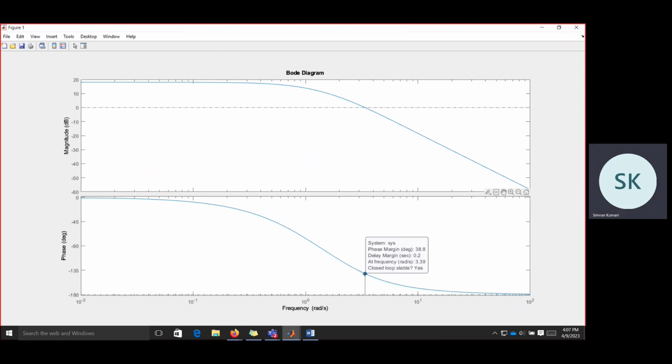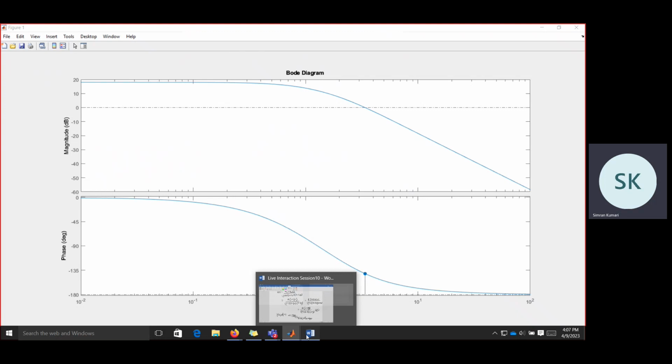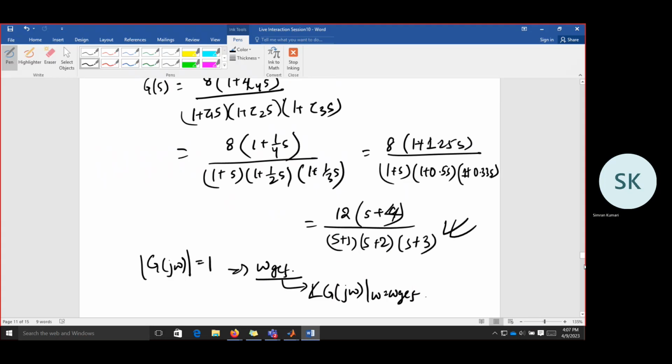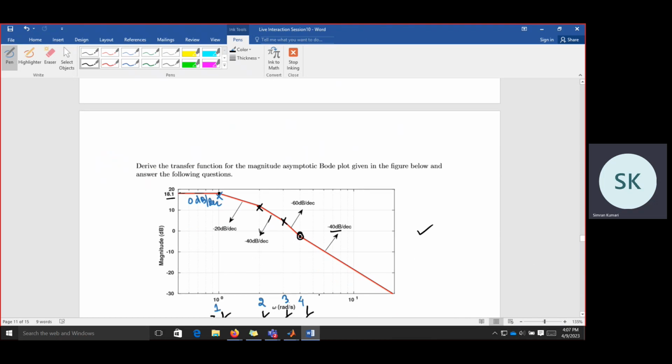So what is the phase margin? It's 38.8 degree, and at what frequency is that? 4 radian per second. Okay. What is the magnitude here at 4 radian per second? Approximately